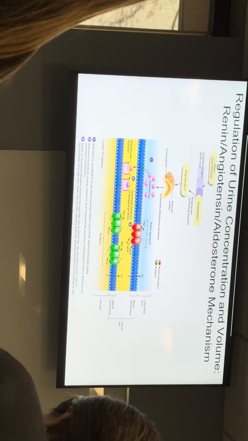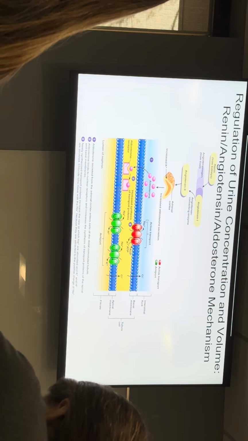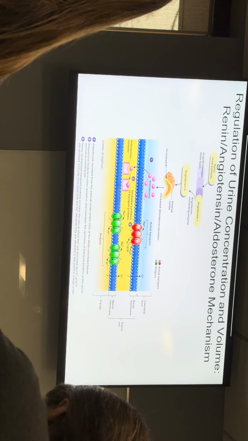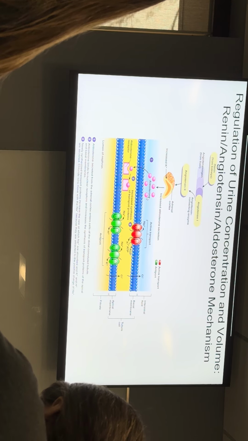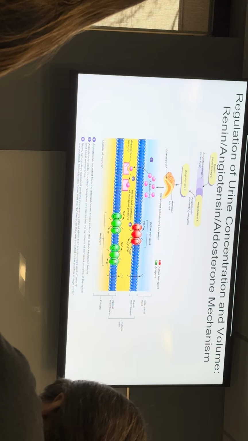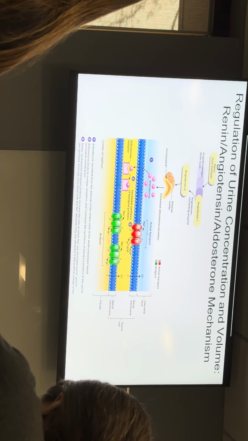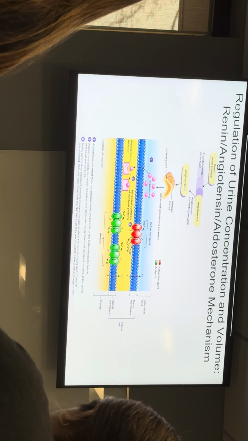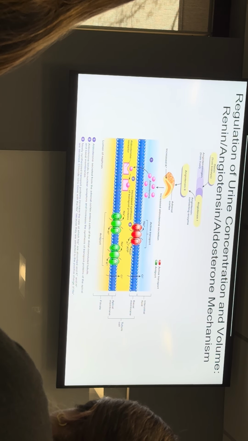And then aldosterone goes down to your cells in your collecting duct, and it's a lipid-soluble hormone, so it crosses straight through the cell membrane, binds onto intracellular receptors, and then the receptor hormone complex goes to your DNA, binds onto it, makes it unwind, and makes you transcribe your mRNA that's then translated into protein. So a lipid-soluble hormone makes you produce proteins. First you produce mRNA, and then you produce proteins.